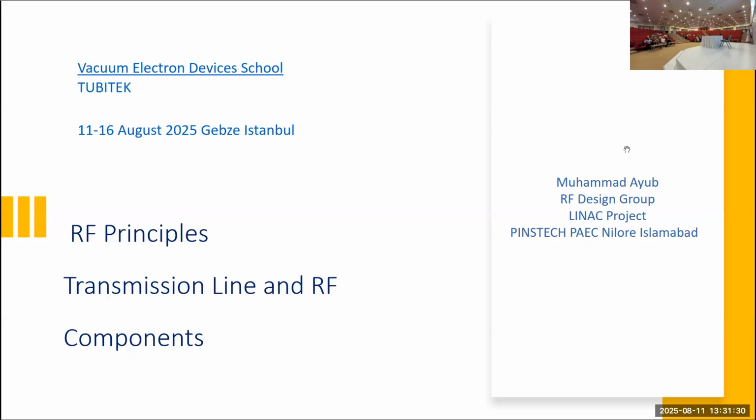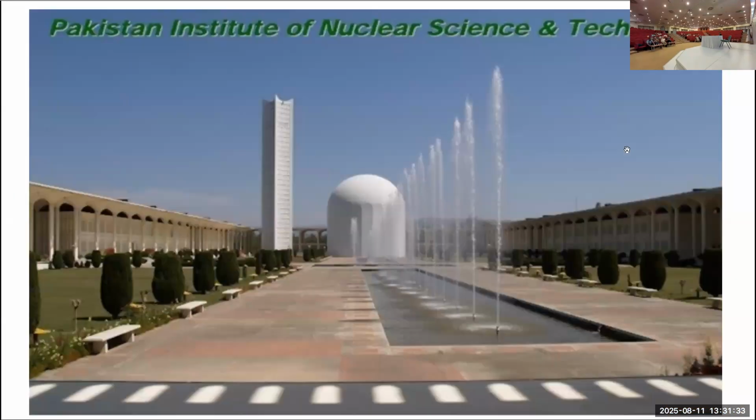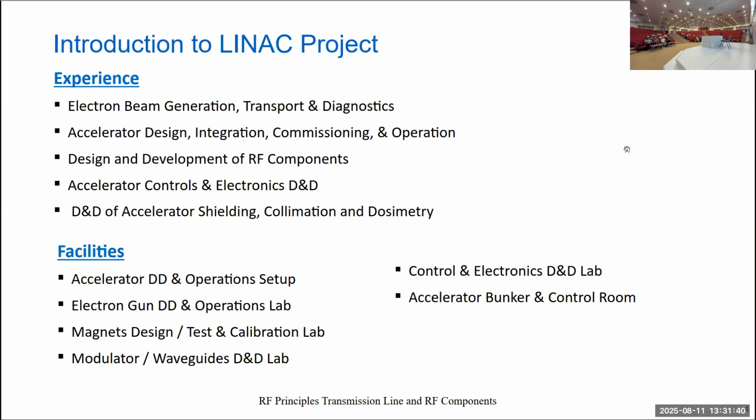A few introduction slides to my project. Here is the institute, and in that institute we have a LINAC project. What we have done so far: we have developed electron beams, simulation, transport, and their diagnostics. We have designed a few accelerators, integrated them, commissioned them, and operated them as well. We also have developed a few RF components for transmission assembly,